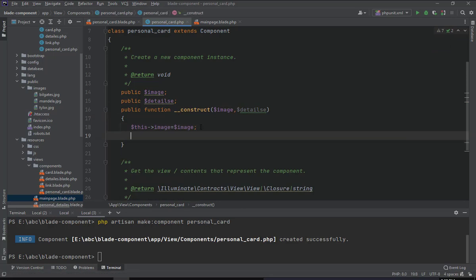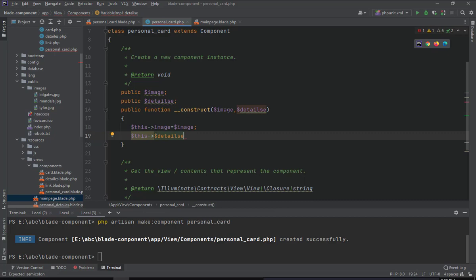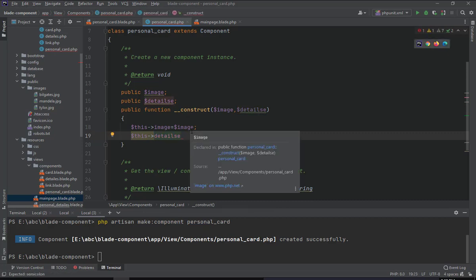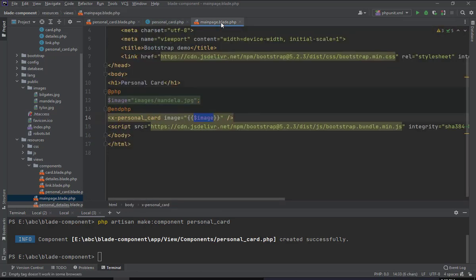And here Control V, and call this, and Control V without $, and it equals these variables. It's fine. I go to the main page because the information I need to pass to the component is